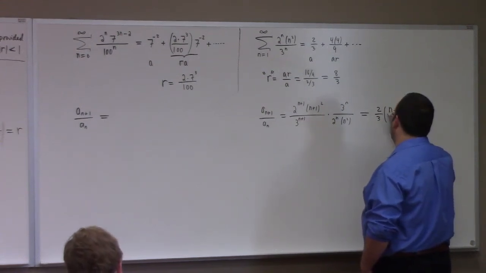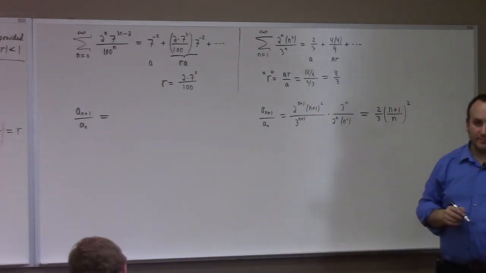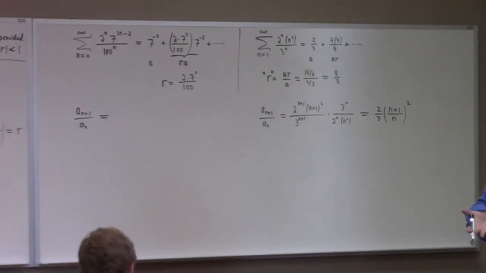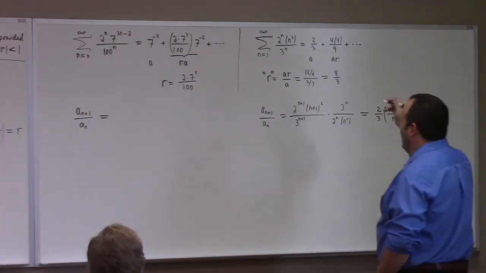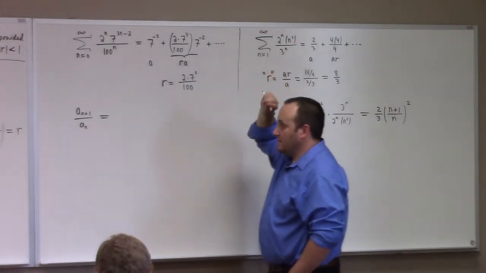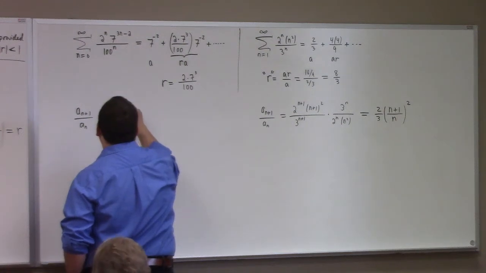N plus 1 over n quantity squared. The ratio of successive terms here is not constant. It's not geometric, right? It looks kind of sort of geometric when you just glance at it, but it's not. This n squared is kind of your giveaway. That's not geometric. But this one, if you actually calculate a_(n+1), which is 2 to the n plus